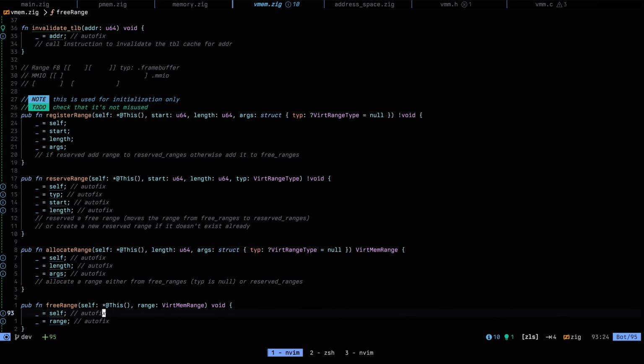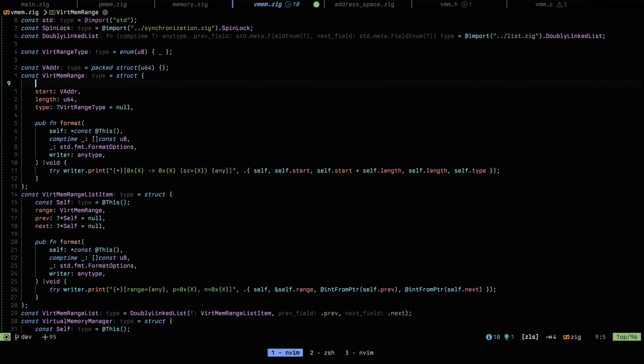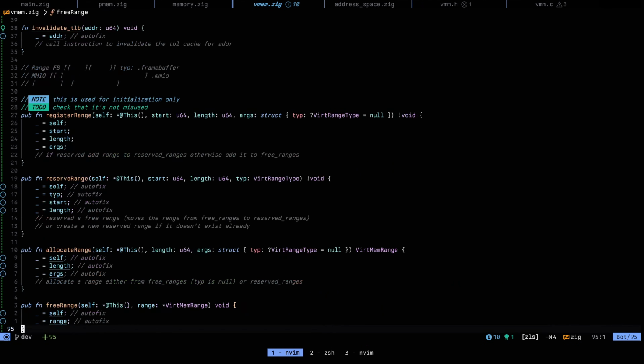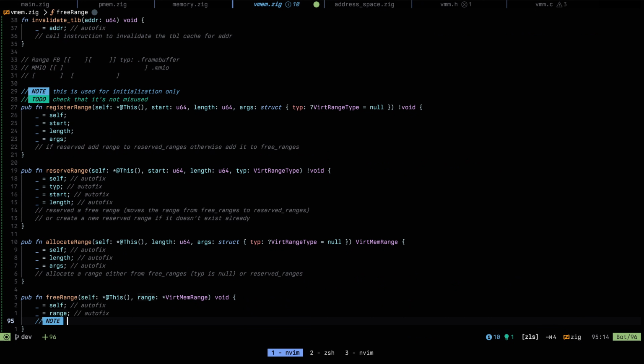But that's too much work. Or we could just do this and, should I add the is valid field? I'm not going to do that for now. Yeah, for now I'm just going to note as a warning,